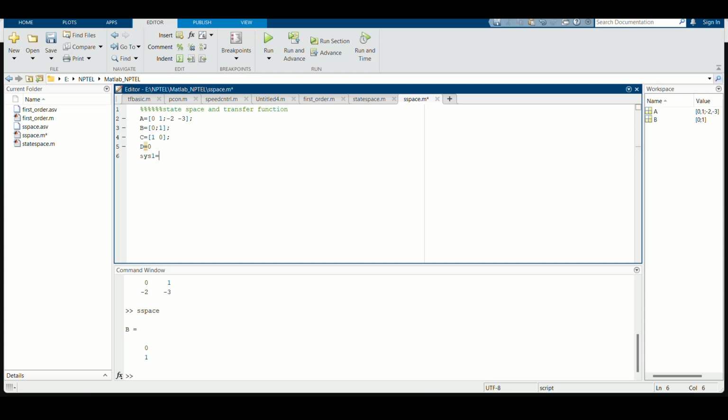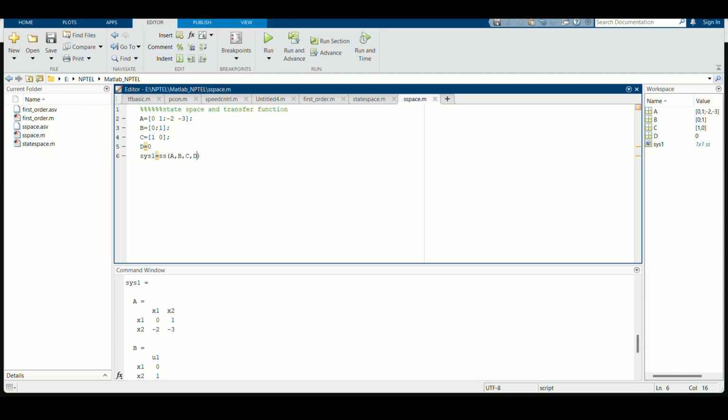This can be written as ss with matrices A, B, C and D. If you run it, you will see that sys1 has been allocated 4 matrices where your A is 0, 1, -2, -3, and it has taken the